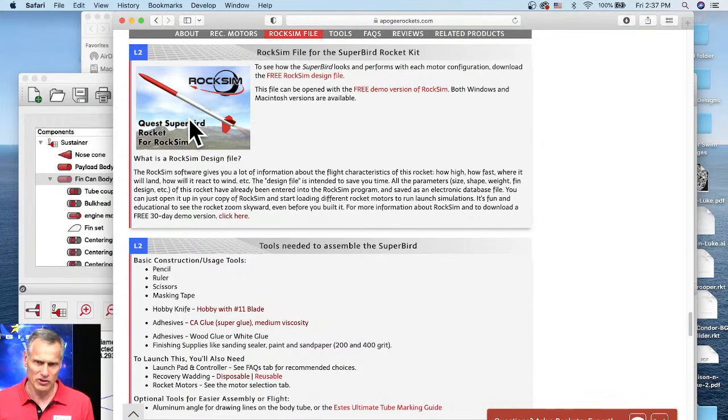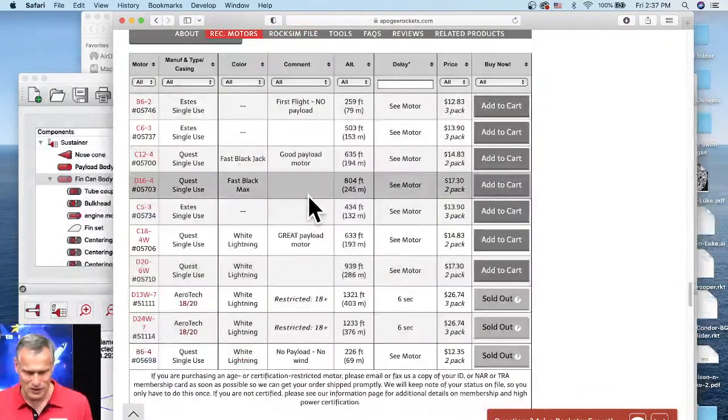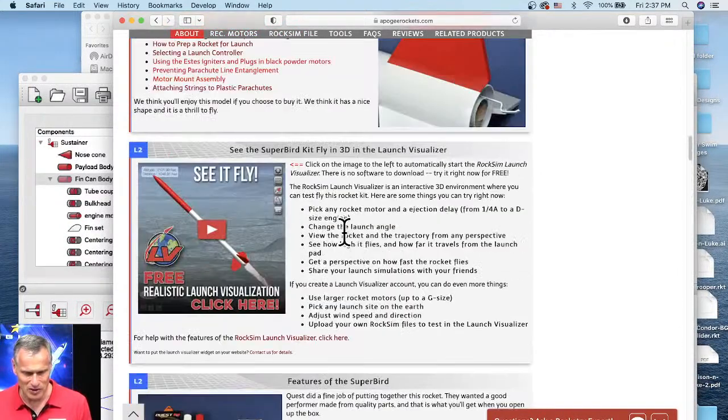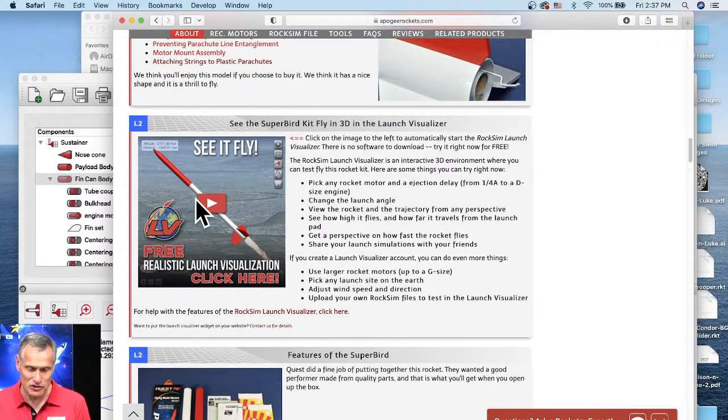So I took the old file, updated it, so that it's now on our website. And you can tell that I did it because I also created the launch visualizer for it. This is the launch visualizer. If you've never seen the launch visualizer before,